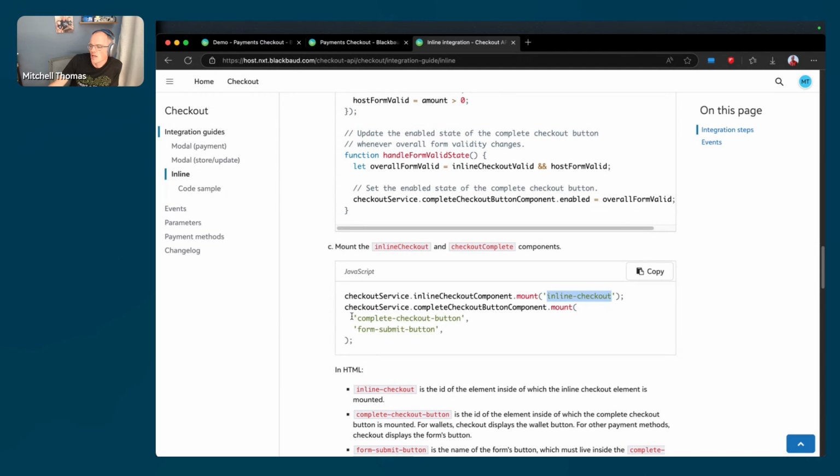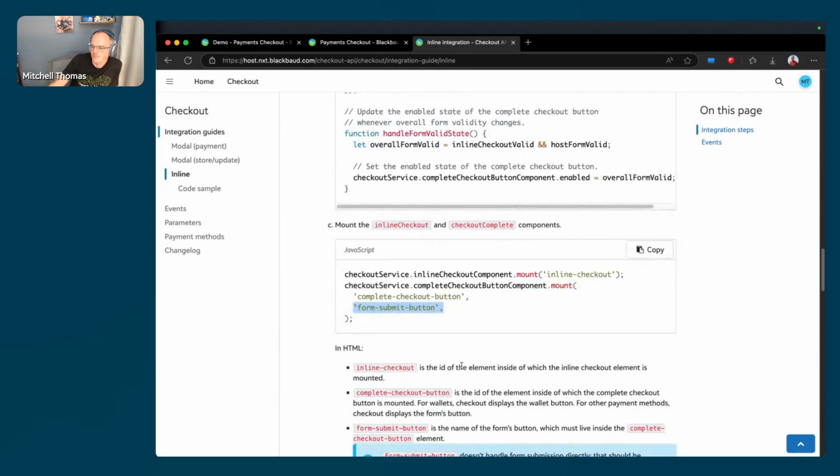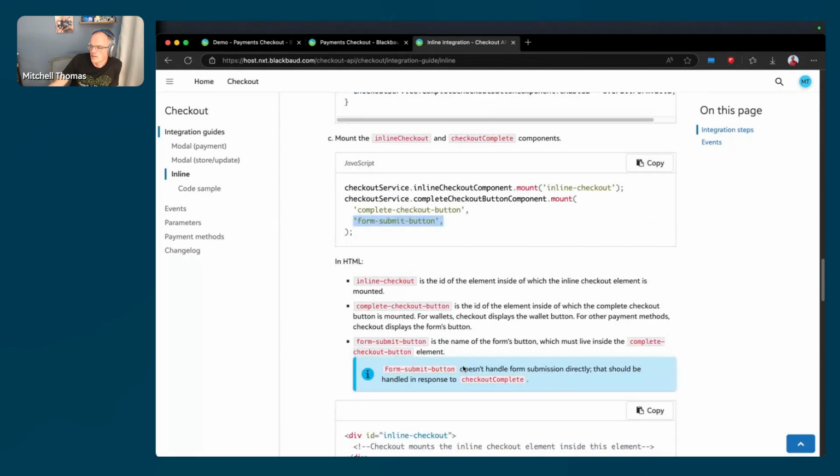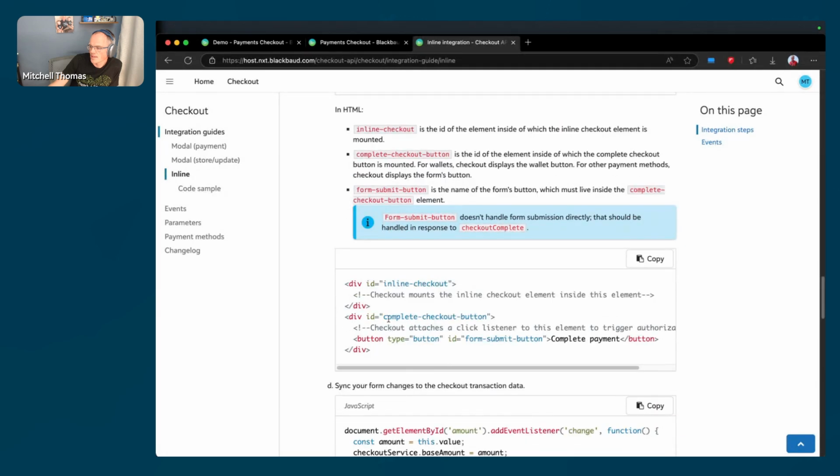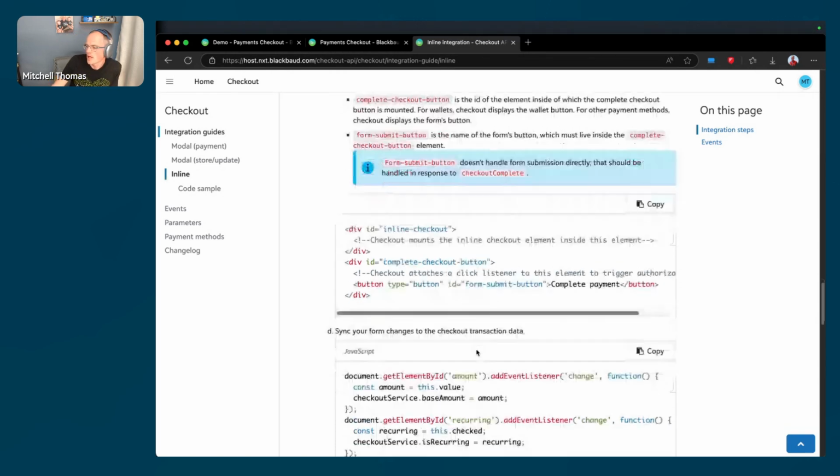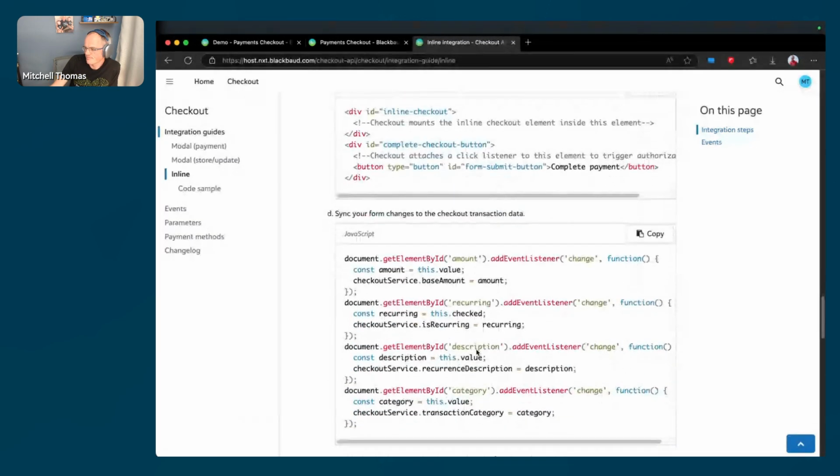you tell it here, I want you to mount the checkout button in this container, and I want you to use the form submit button that is here. So yeah, here's an example of what this actually looks like, just from an HTML standpoint. Oh yeah, and here's the example of how you actually go about syncing. So this is very generic. Most people won't be using just pure JavaScript, but